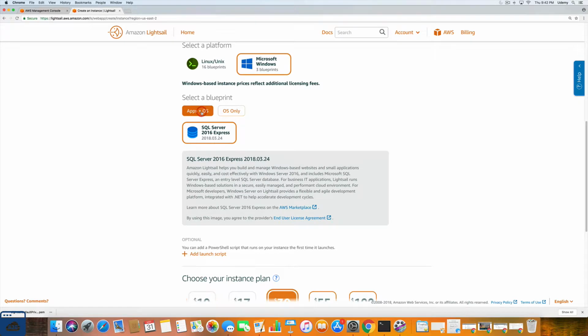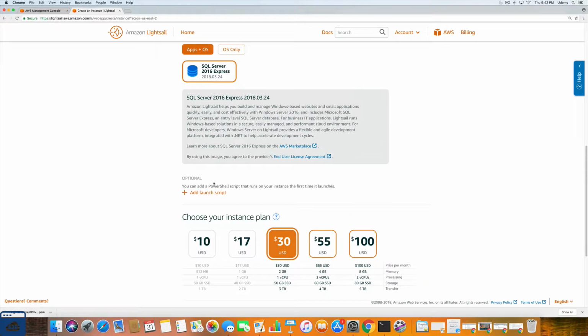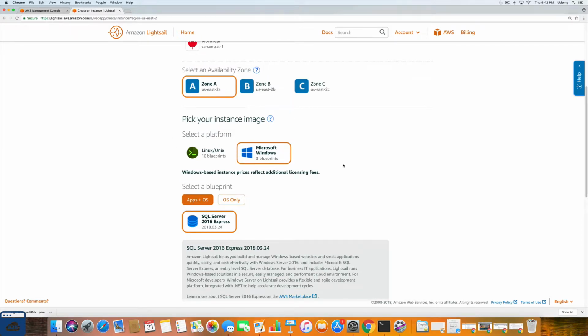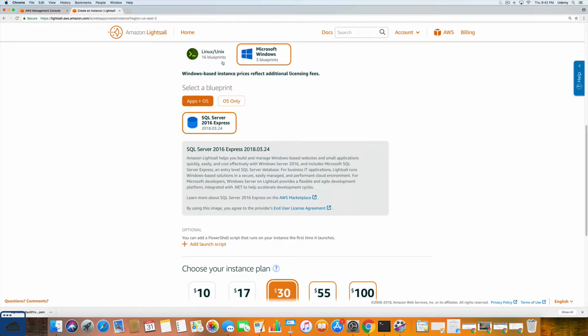They have a limited number of blueprints, and if you notice, the $5 tier is gone, and they've added a $55 and a $100 tier. So it's a little bit more expensive to run on the Microsoft platform. So we're just going to go back,